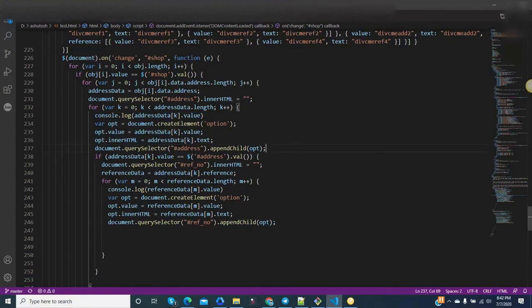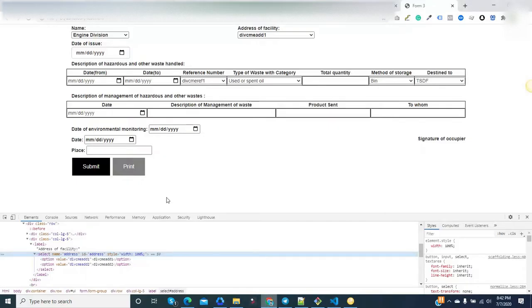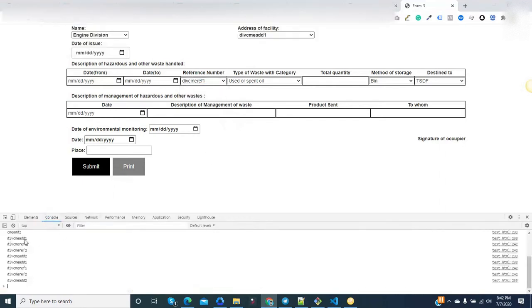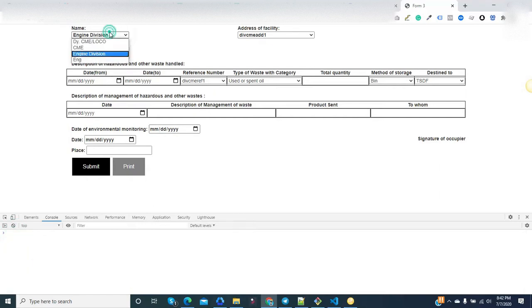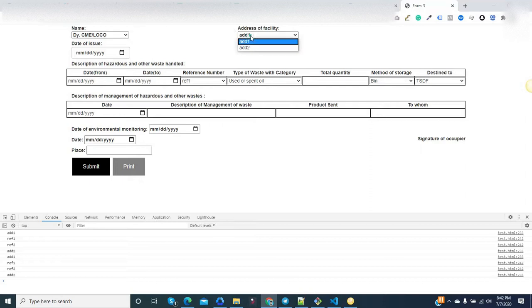Then we write a condition to check the address, and in a similar way we change the value of the reference number. If I select this one, you can see add 1 and add 2, two options, and the reference is 1 or 2.